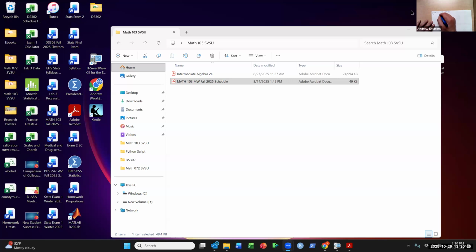But when we FOIL this, -2 times -2, outer, I'm going to say plus -2 times -5i, inner, plus negative 2 times a positive 5i. And then last,